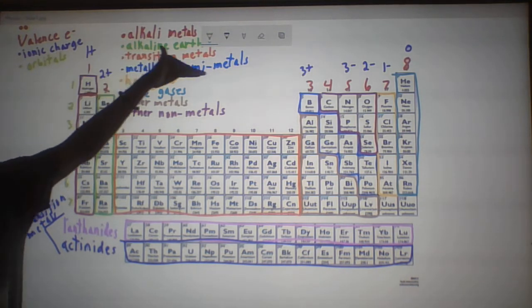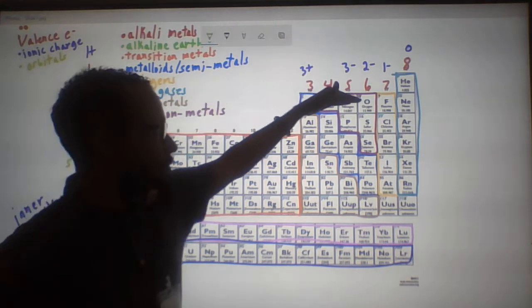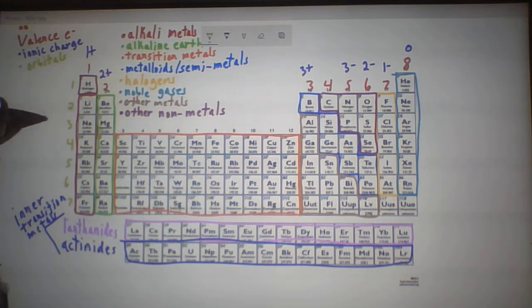So in row 1, we have one energy level, that's S. And then here, row 2, we have 2 energy levels, 2 subshells. Row 3, 4, 5, 6. And then now we get